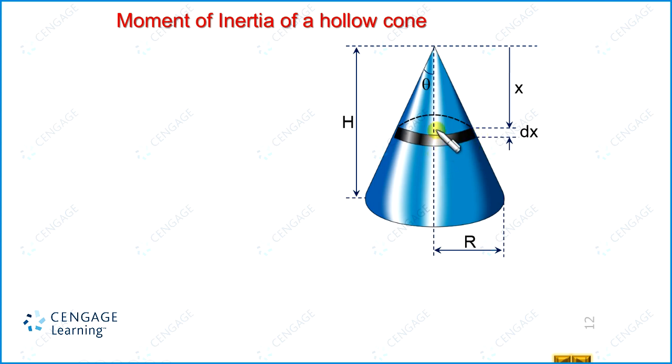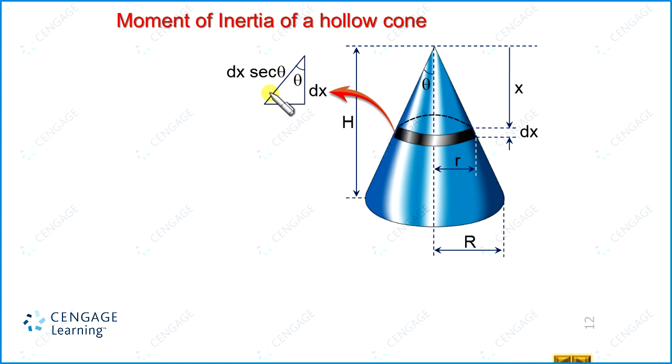Let us consider the radius. Radius is small r. Small r we can calculate by using the similar triangle property, right? So let us return to calculate the width of the ring. So let us enlarge this section here. This is the actual width, this is the inclined length, and this vertical distance should be equal to dx, and this angle equal to theta. So this is dx. That means this width, that is the inclined length, equal to dx sec theta. So we got the width of the ring.